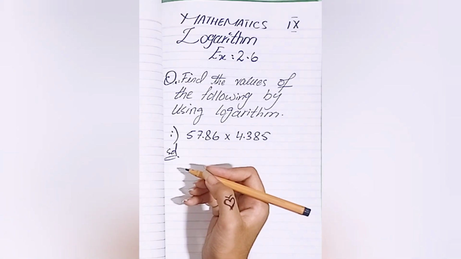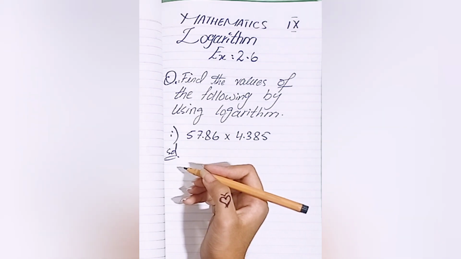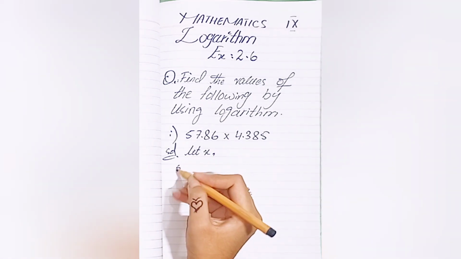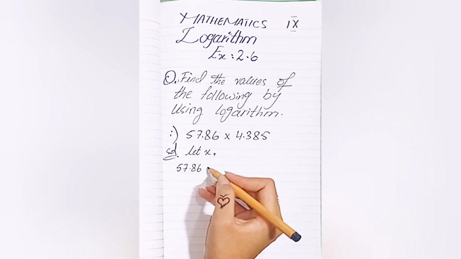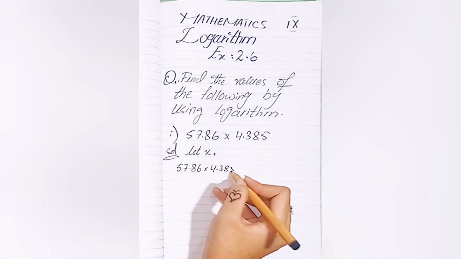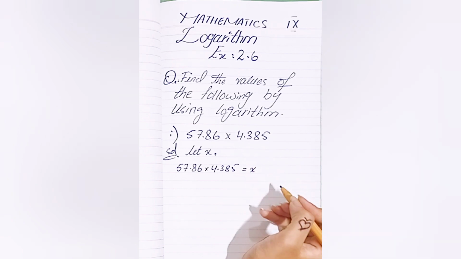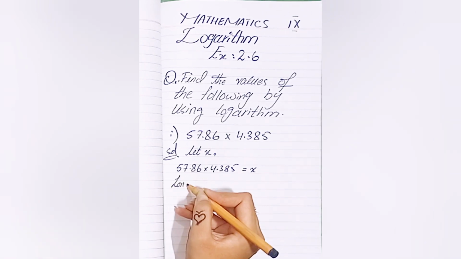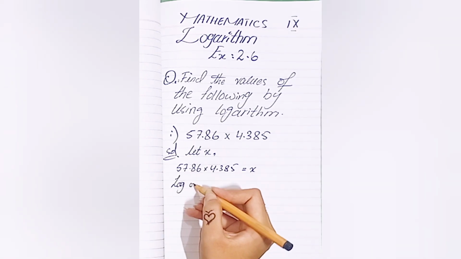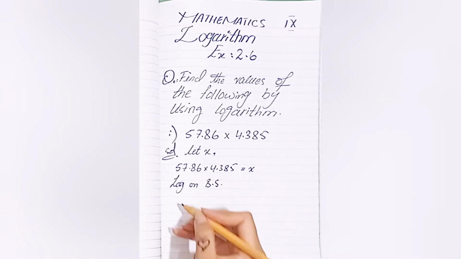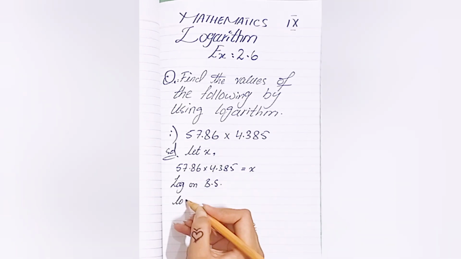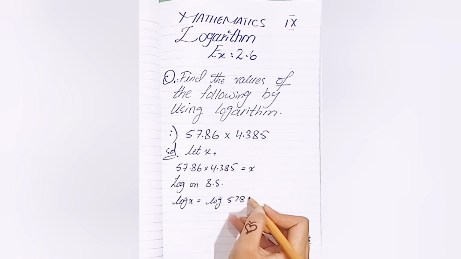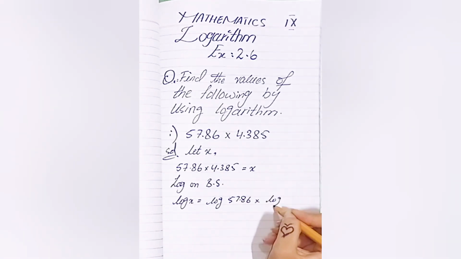Find the values of the following by using logarithm. Part 1: let x equal 57.86 multiplied by 4.385. Now we have to take log on both sides. So it will become log x is equal to log 57.86 multiplied by log